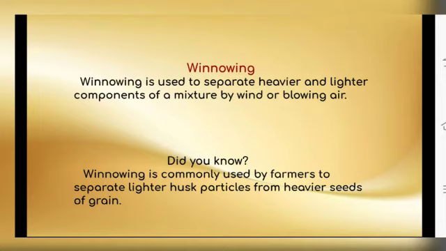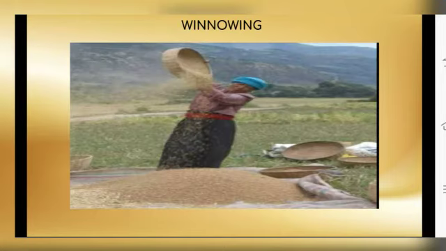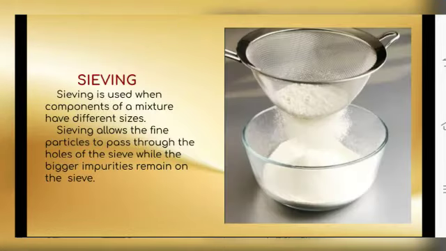The next one is winnowing. For understanding winnowing, let's do an activity. Make a mixture of dry sand with sawdust or powdered dry leaves. Keep this mixture on a plate or a newspaper. Look at this mixture carefully. Can the two different components be made out easily? Are the sizes of particles of the two components similar? Would it be possible to separate the components by hand picking?